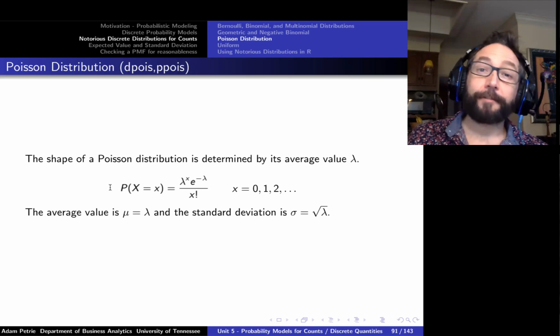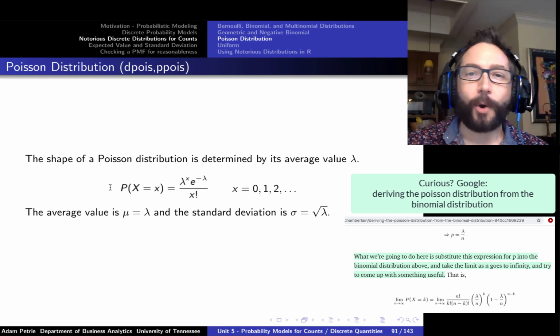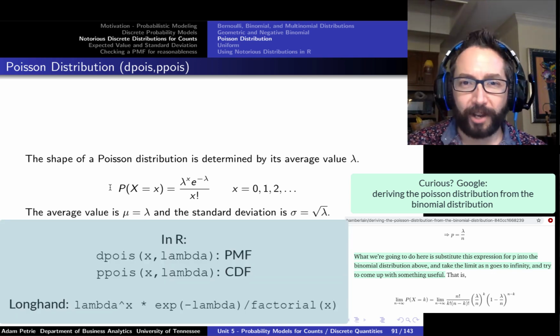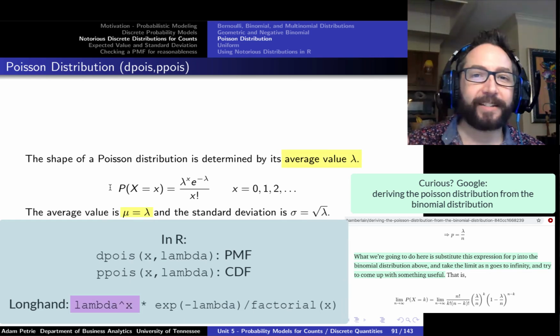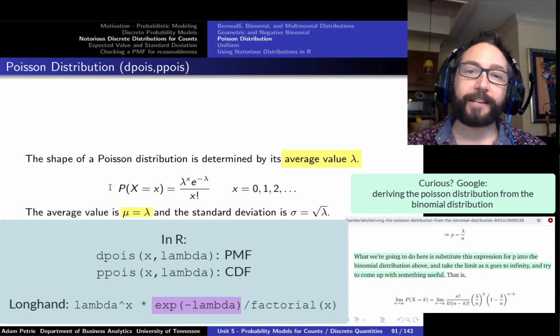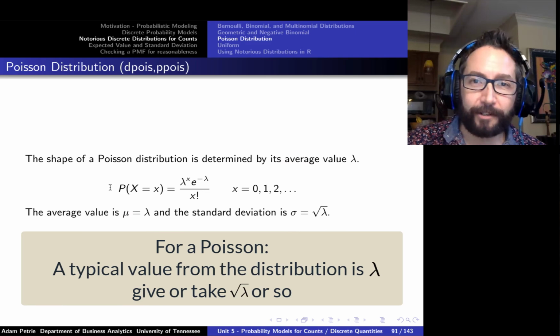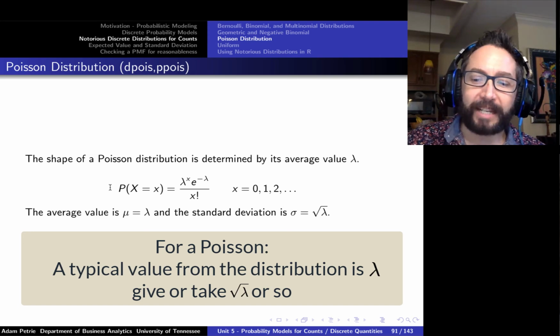Now, the derivation of the formula for the PMF of the Poisson is a bit far from where we want to be right now in class. So I'm just going to throw it at you and say, this is what it is. If I want to know the probability that the count will exactly equal little x, it's going to be equal to the following formula. So the Poisson distribution has a parameter called lambda. It's the average value of the distribution, actually. We take lambda raised to the x power, multiply it by e raised to the minus lambda power, and divide by x factorial. So on average, we expect lambda, give or take about the square root of lambda or so. That's the standard deviation. But that's how we can get the Poisson probabilities out.